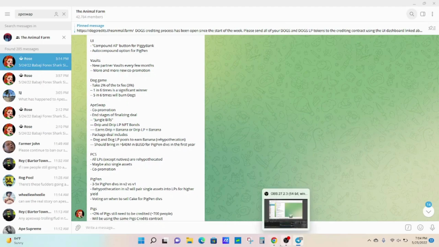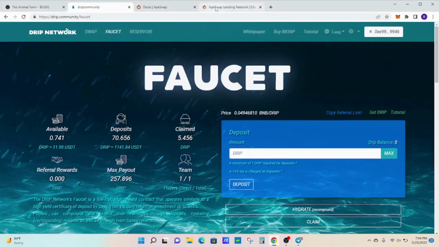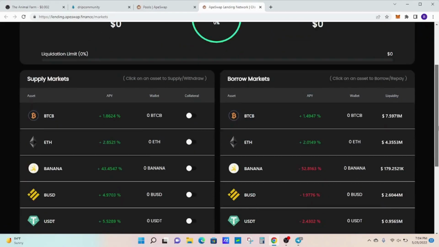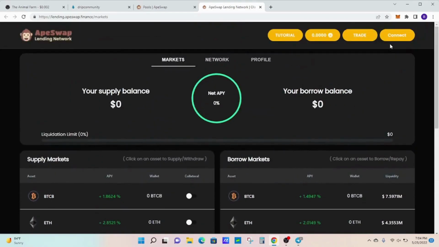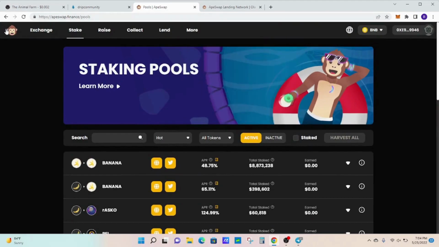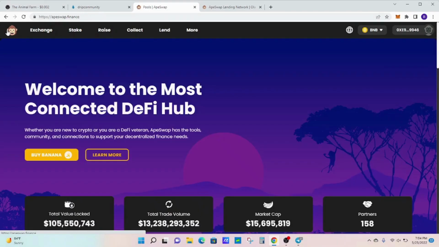Now, I don't know if many of you have done this yet, but I went over to ApeSwap's website. It's pretty cool. This is actually their lending scenario here. It would be cool if we got to be on here, where you lend out your coins and get a little return on that. But here's the actual page itself, and this is just their stake page. So I'll click on the home page here.